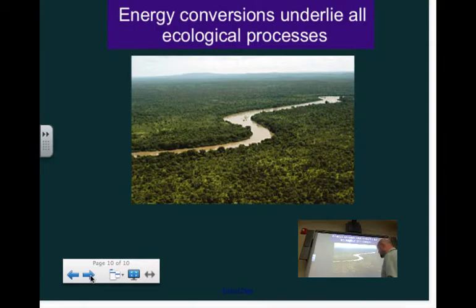Okay, now why does all this matter to us in environmental science? Because essentially every ecological process that we're going to talk about all year, the thing underpinning the whole thing, are energy conversions. Okay, think of trophic levels. Okay, plants taking energy from the sun, and then animals are going to eat the plants, bigger animals are going to eat those animals, and at each step of that you lose the vast bulk of the energy. This is the argument, we'll talk about this later in the year, why they would say that